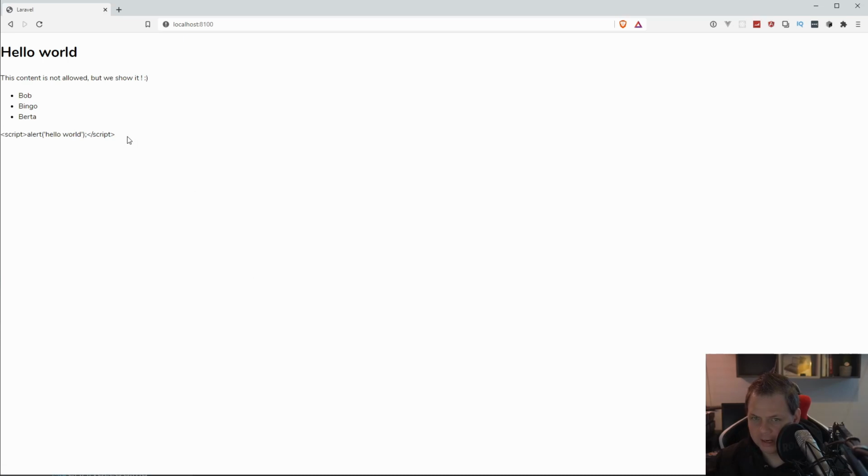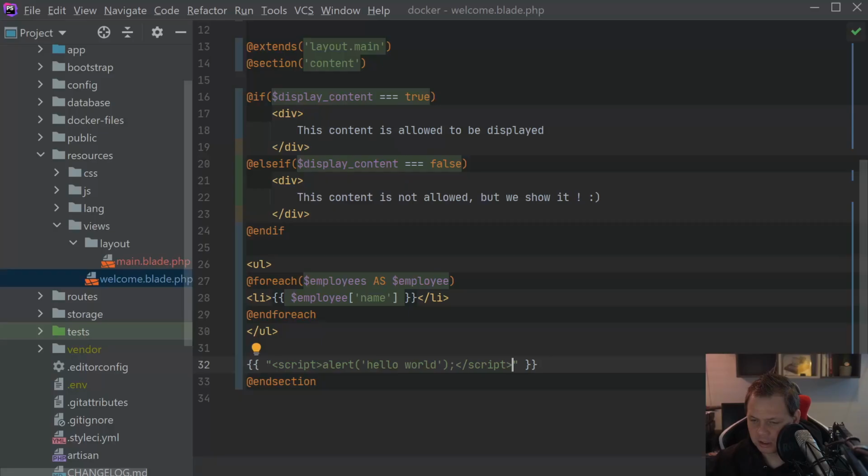It will encode your HTML tags, so if you display something from your database, it will always take care of that. So what I'm showing you now is how you can enable that, but be careful if it's coming from a database, because if it's user input,